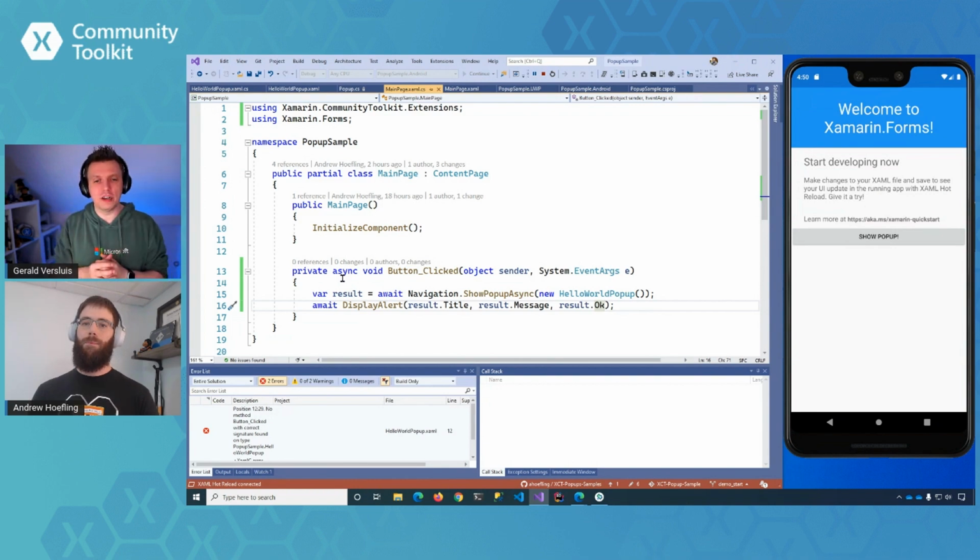So as I mentioned in the previous episode, this is all in pre-release right now. So we have this merged into the Xamarin Community Toolkit version 1.1, which is at the time of recording this video in pre-release, but maybe when you're viewing this, it's out already. That's also the reason why the documentation is not entirely up to date yet.